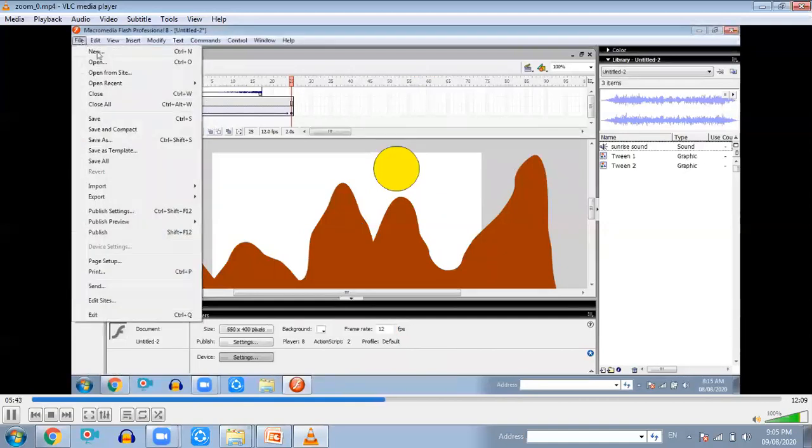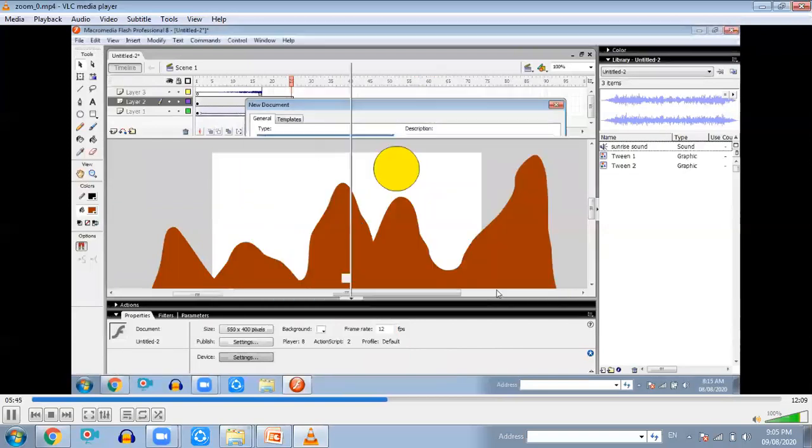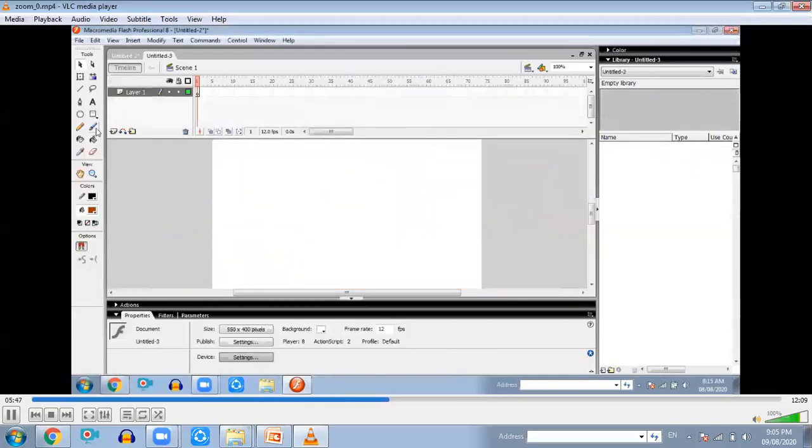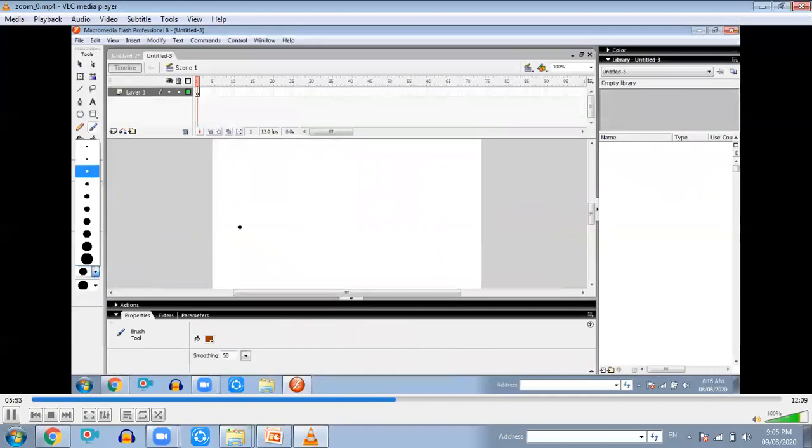So I'm going to take a new file, click OK. It is car sound, so I'm going to draw a car here. Take a small brush, and now I'm going to draw a car.